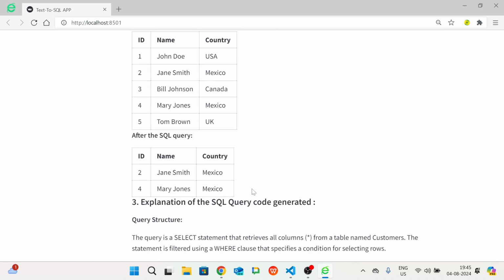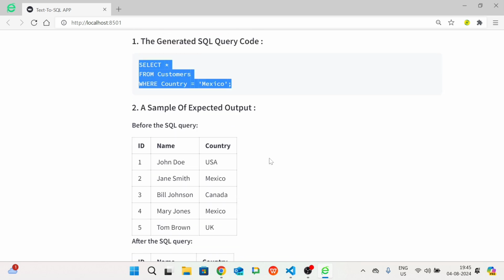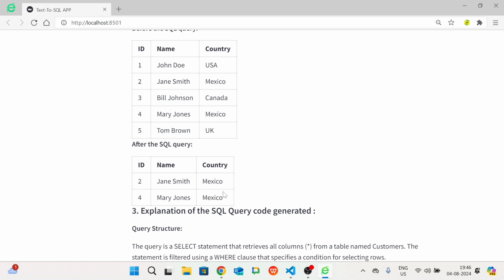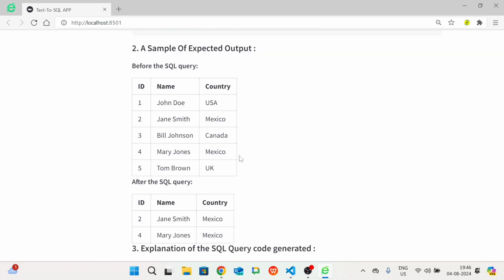So from this particular data is extracted and it is true. That is correct. You can see for the customers whose country is Mexico, we are getting the answer correctly. So this is the task of our Sapoto Info 2. Now